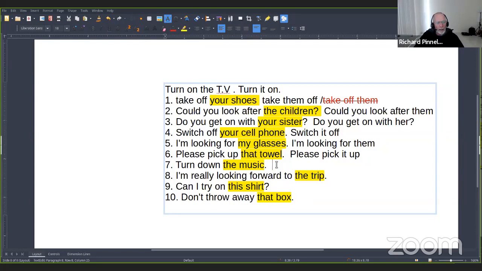Turn down the music. Who's got the answer? Turn it down. Sorry, yeah, I missed that, Irma. Turn it down. I'm really looking forward to the trip. I'm looking forward to it.